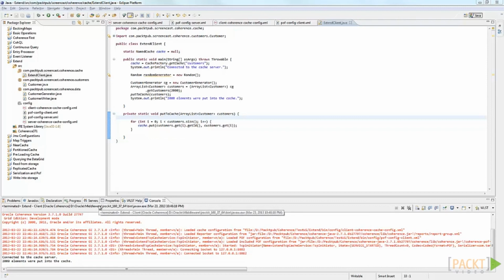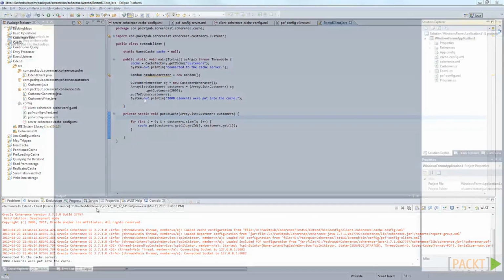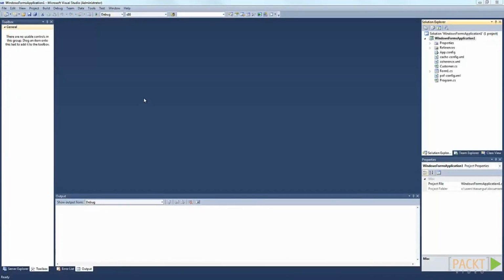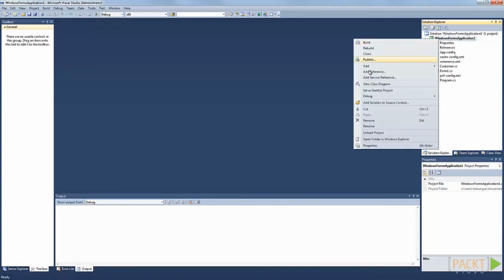In this tutorial, we will look at the procedure to implement the .NET Coherence Extend client. In Microsoft Visual Studio, we created a Visual C# application. In order to add the Coherence library to our C# application, first download Oracle Coherence for the Microsoft .NET Framework from Oracle's Coherence homepage. Then, right-click on our C# project, add a reference,